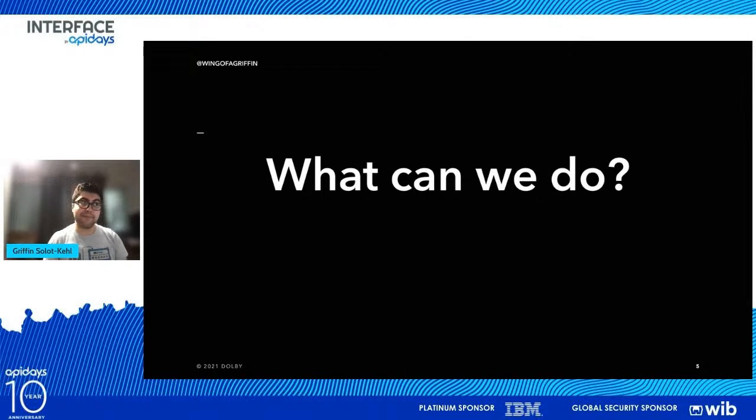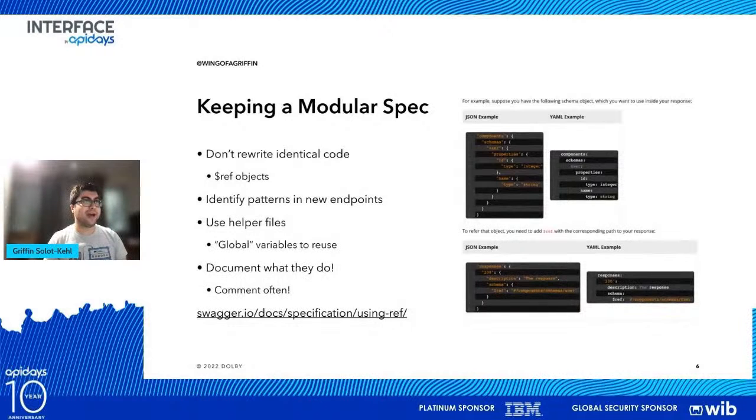So what can we do about it? The one thing that I like to start off with is keeping a modular spec, because this is a technical conference and I want to keep it in the technical world first. It's very important to treat your specification the same way that you might treat your actual code, where if you're writing the same